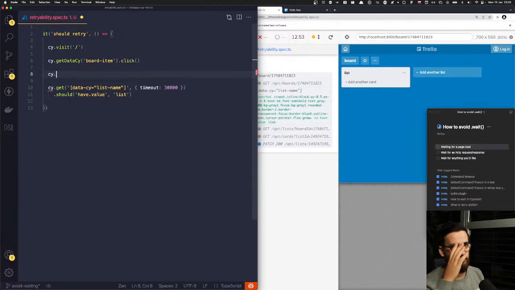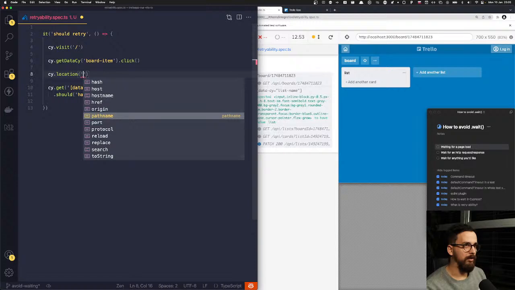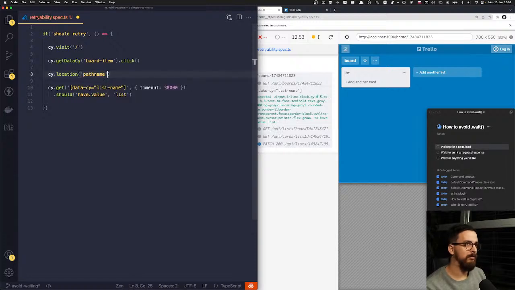This would be another example of how you can avoid the hard wait with cy.wait and just wait for the application state. So location, and path name